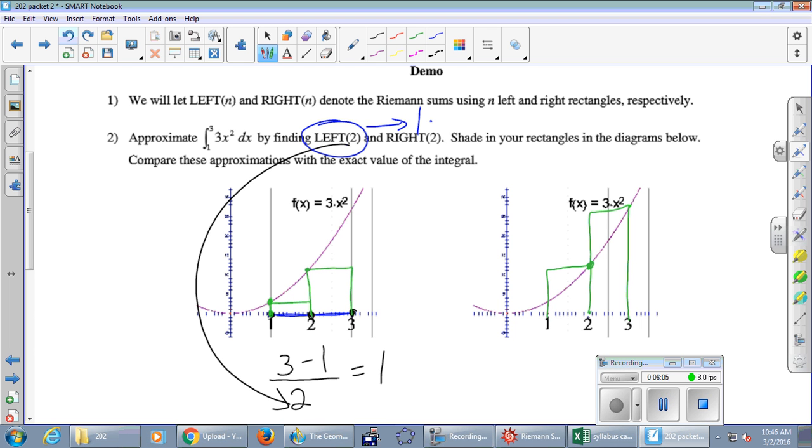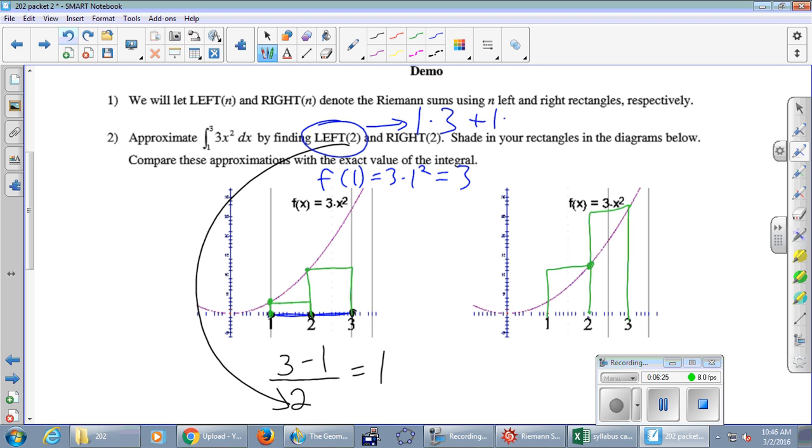Yeah, we plug it in, right? I mean, you know you're on the function 3x squared, so if you plug 1 in for x, 3 times 1 squared, that's the height. That's the exact way to do it. That's the way we should be doing it. So the area of that first green rectangle is 3 times 1, or just 3,